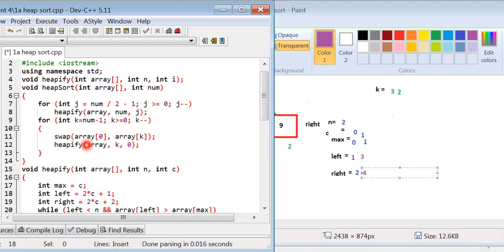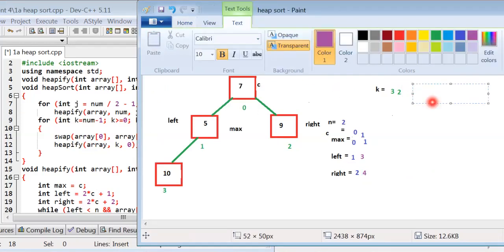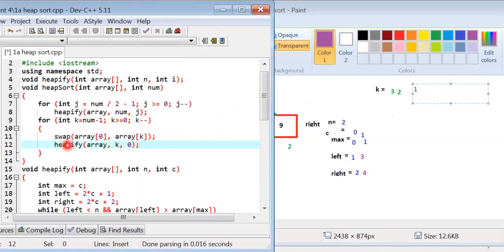Now the value of k is decremented. The value of k is 1. And we call the array swap.